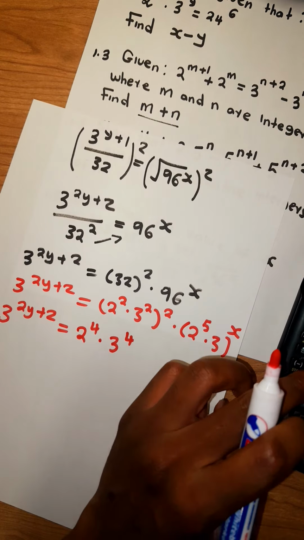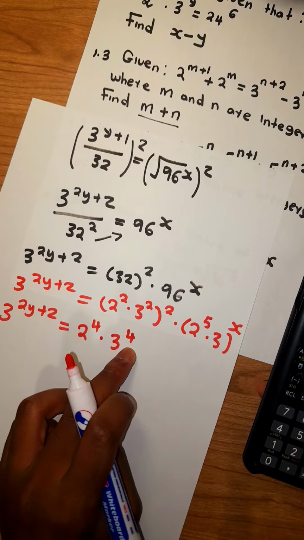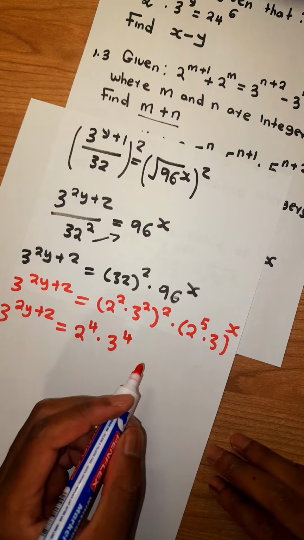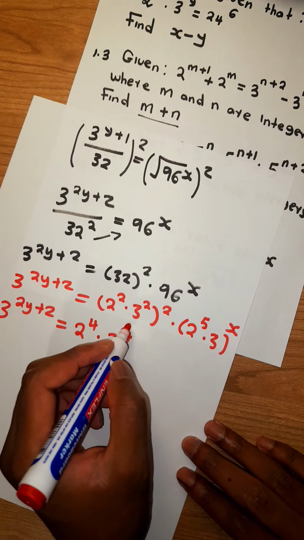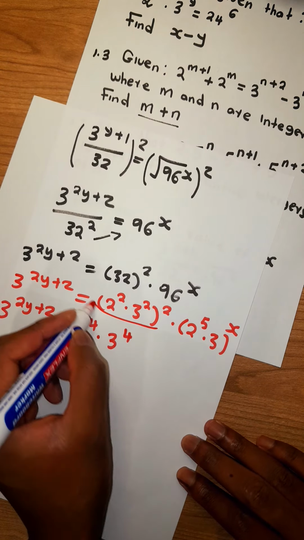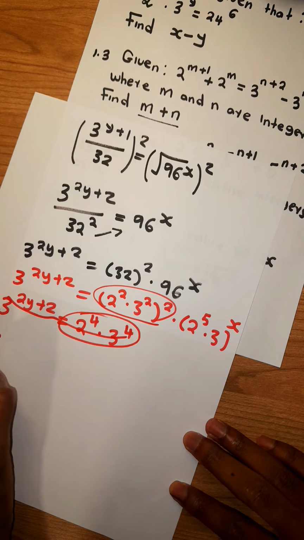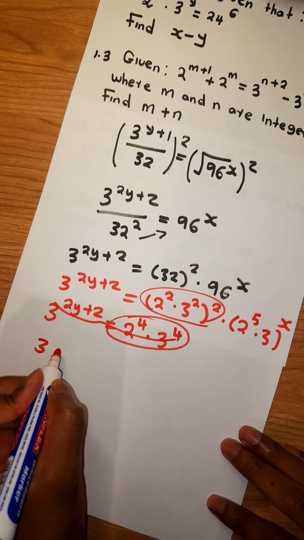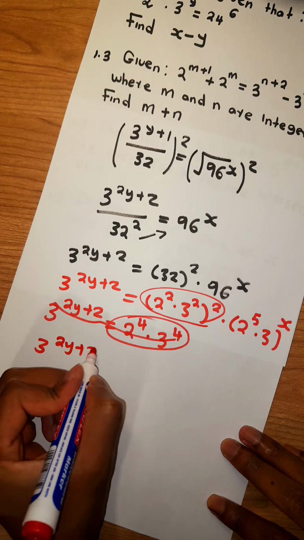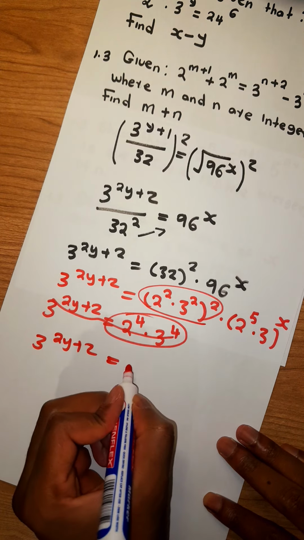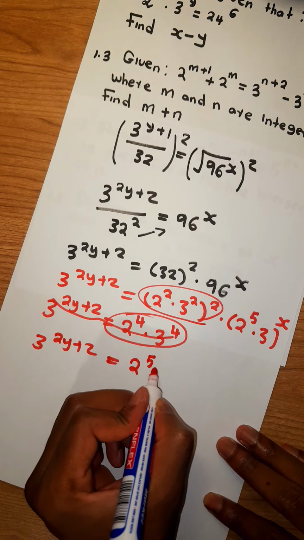32 equals, shift. Yeah, I can see this is madness. So 32 is just going to be 2 to the power 5, ladies and gentlemen. So 32, let me just rewrite this. I'm having 3 to the power 2y plus 2 equals 32, which is the same as 2 to the power 5, and